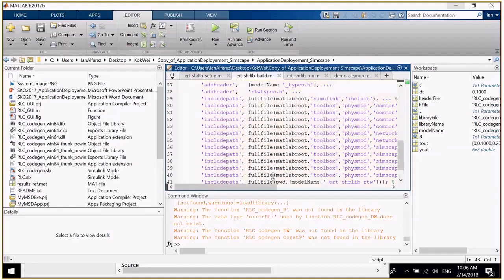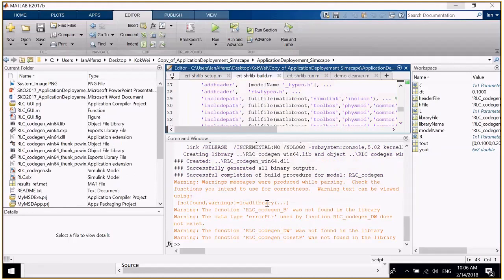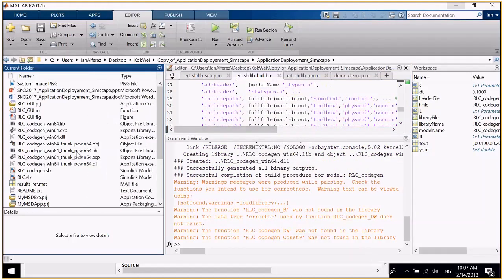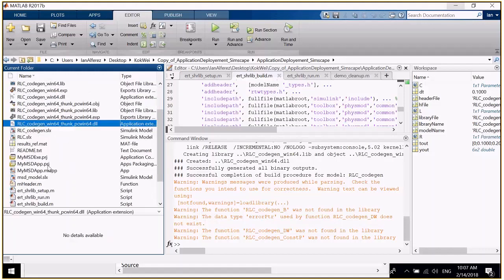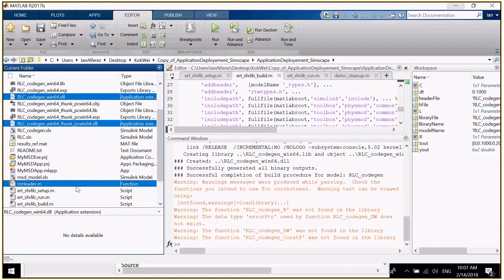And then MATLAB will create some warnings, but the good thing is that it generates this RLC codegen underscore win64.thunk.pc win64.dll, which we're going to use later on. We're also going to use specific components wherein I have these components that we need to include to our GUI or to our applications